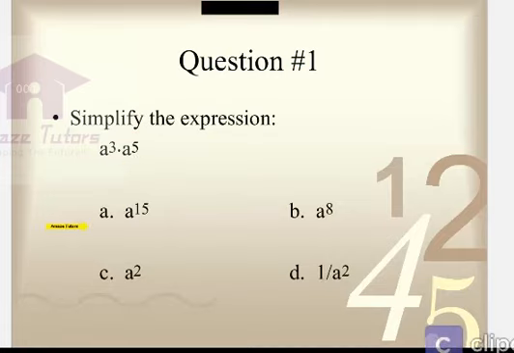So, same base, what should we do? Continue with the same base. Add the powers. So simple. Now, what is 3 plus 5? 8. Which option? B. But they gave you multiplication, 3 fives are 15, to confuse you. You need to be very careful, children. And also subtraction is one of the options. Ignore the wrong options, choose the correct one.